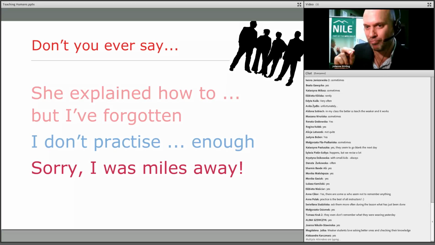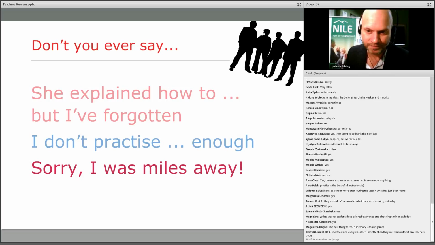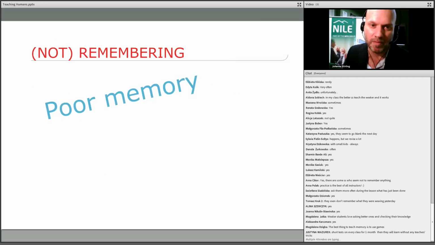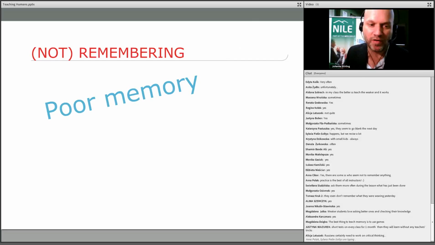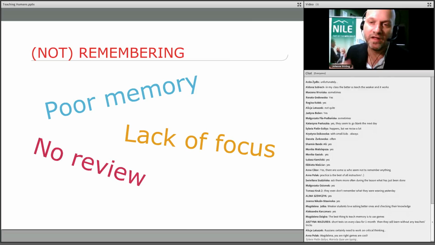It's people. The brain is not a perfect memory tool. If it was, we would store things and recall them perfectly without any issues, right? So let's look at why students don't remember. As I said, memory is a poor tool. They often struggle to focus, and they almost always, they and we, I would say, fail to review what has